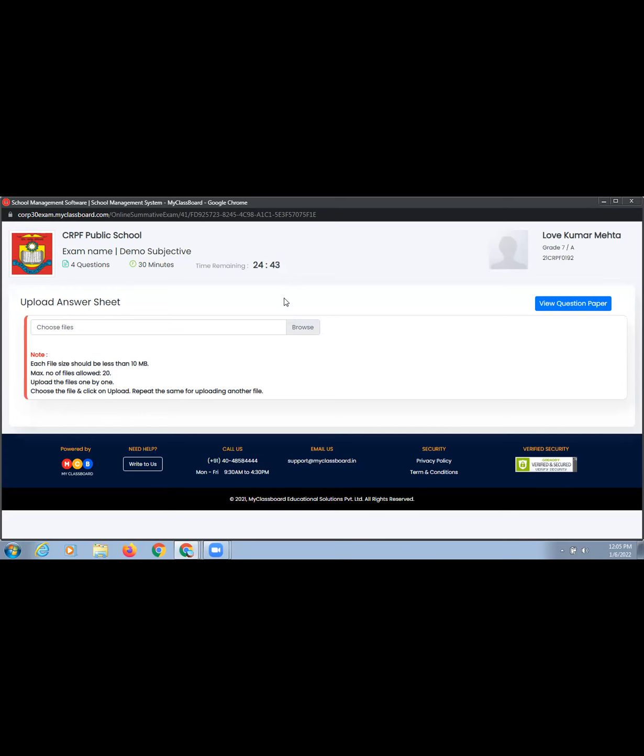First of all, once you want to start your exam, you have to refresh the page. This is what you have to do initially, because if you do not refresh your page, your exam will not start. You will not be able to see the start button. So if you know that your exam is going to start at 12 p.m. or whatever the time, you have to refresh your page at that time, right? After that, you can see the question papers,